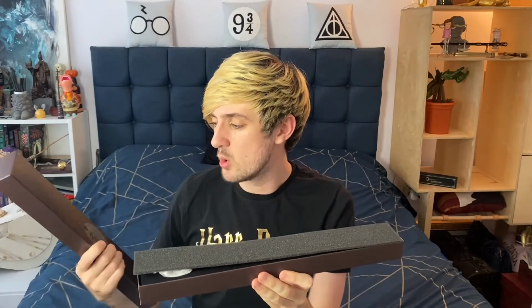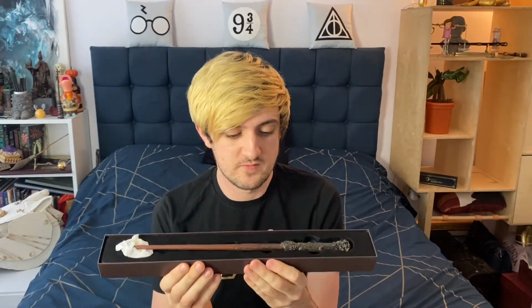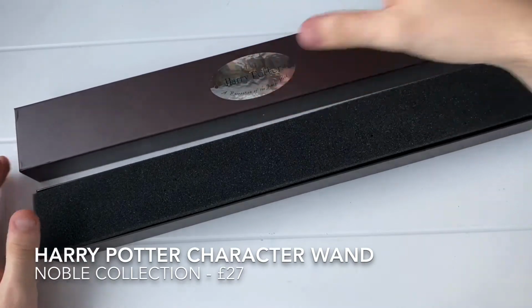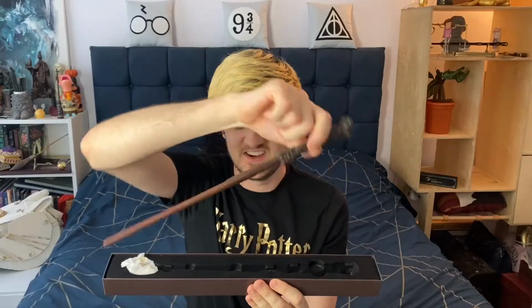There we go. Not as good a quality box. I suppose you're not spending the extra money on this one to get the box. So it comes with just this bit of foam for protection, and so this is how it comes. Again, the wands, fantastic. I don't think there's actually much quality difference between these ones and the Ollivander's wand box